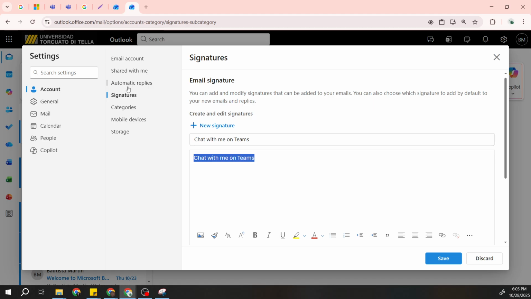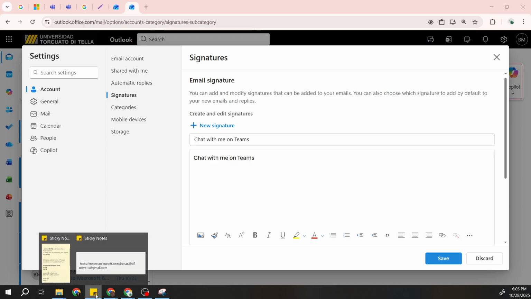In this window, you'll notice a button labeled New if you want to create a completely fresh signature. Otherwise, feel free to choose an existing signature if you're planning to simply add the Teams feature without starting from scratch. Now comes the crucial step. You need to paste a specific URL into the address field of your signature. The URL you'll be working with is